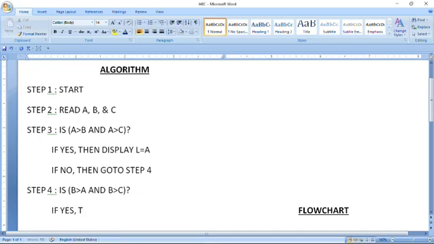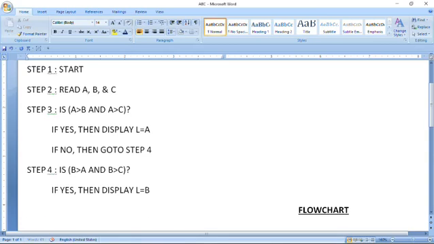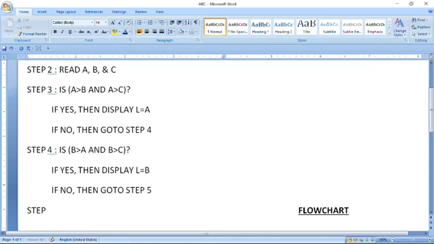If yes, if this condition is satisfied, then display L equal to B. If no, then what to do? Because C is left, I want to write, then go to step 5. Now in step 5 I want to write...